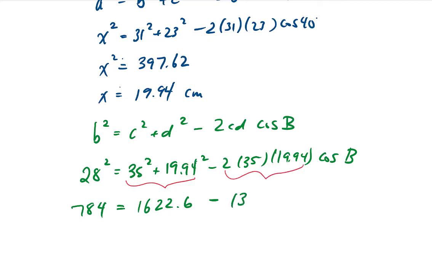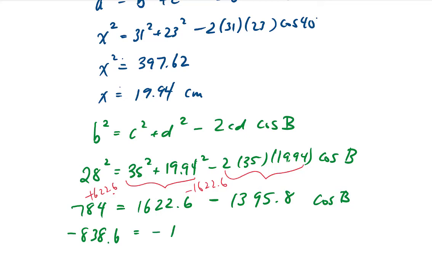So this is 1,395.8 cosine of B. Remember, we're not going to put these two together because they're not like terms. One has a cosine B, one does not. So we're going to subtract the 1622.6 from both sides to get cosine B on its own. So we get negative 838.6 equals negative 1395.8 cosine B. And if we want to get cosine B on its own, we need to divide both sides